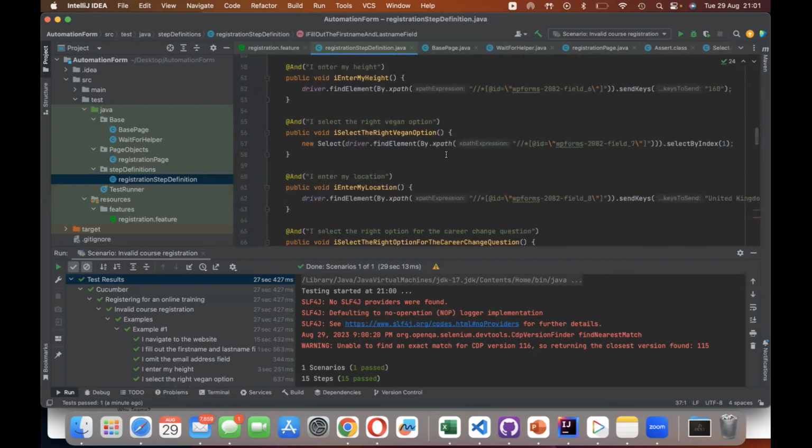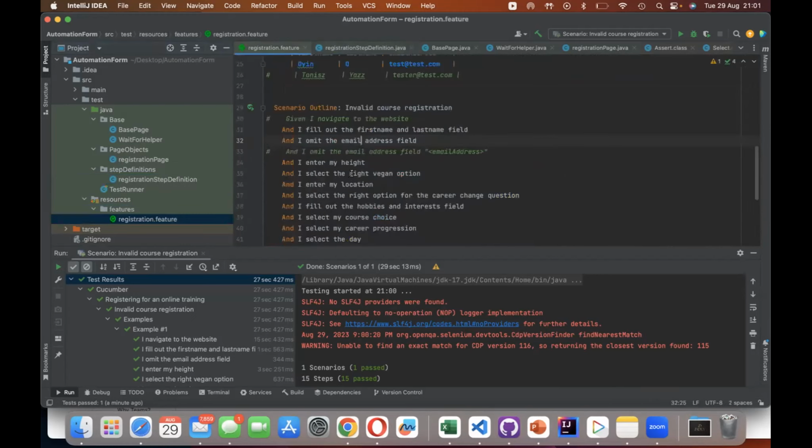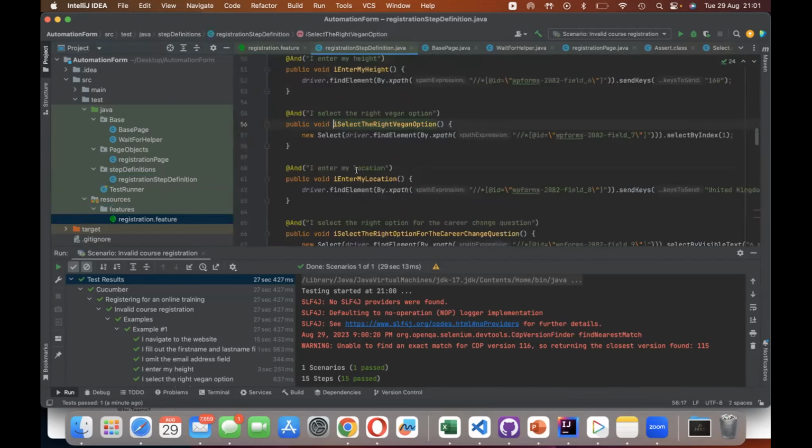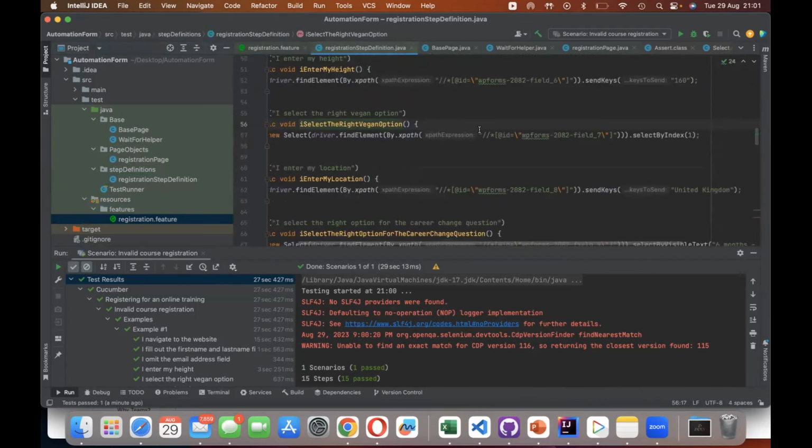Right, so what is the first select that we need to move? If we go back to our registration, select vegan option. Good. So I'm going to copy the locator for the vegan drop down, go back to my page object,